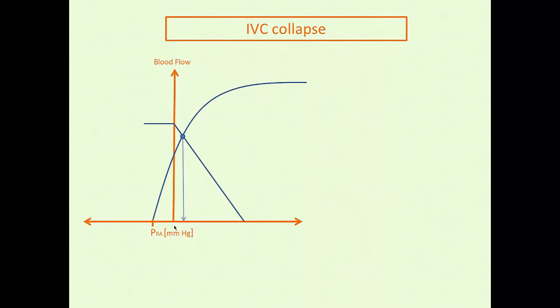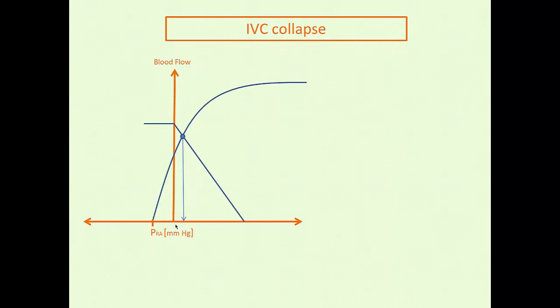And the reason it normally occurs at atmospheric pressure is because the intrathoracic pressure tends to be just below atmospheric pressure. Did I say that right? The intrathoracic pressure tends to be slightly subatmospheric, and the abdominal pressure tends to be slightly atmospheric or a little bit above atmospheric. So when the right atrial pressure drops below 0 or atmospheric pressure, you get to the situation